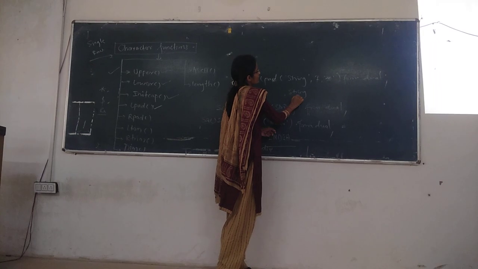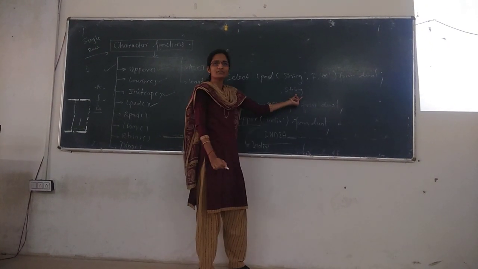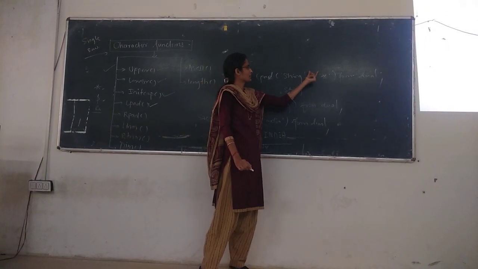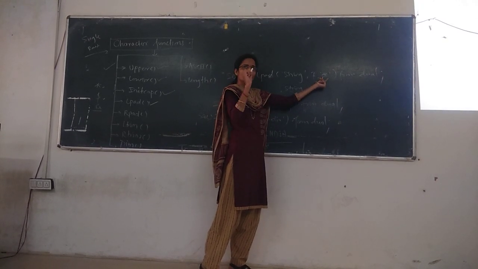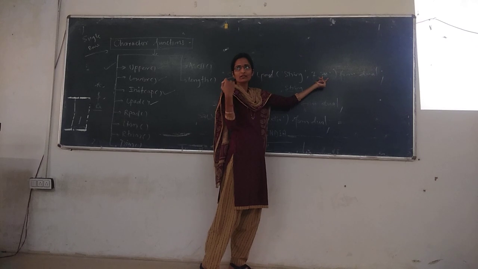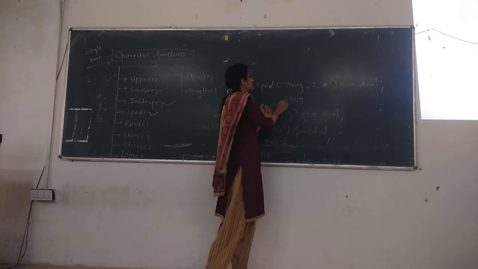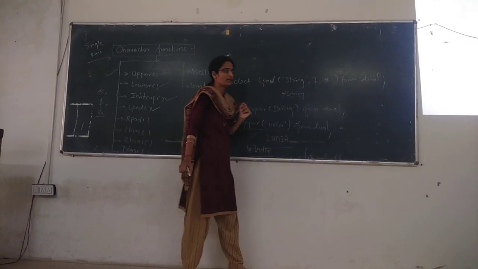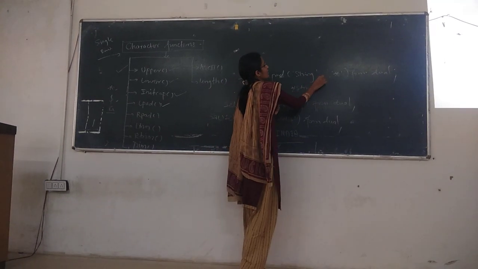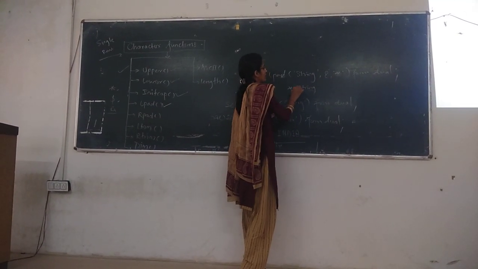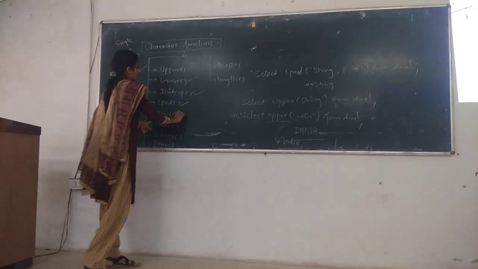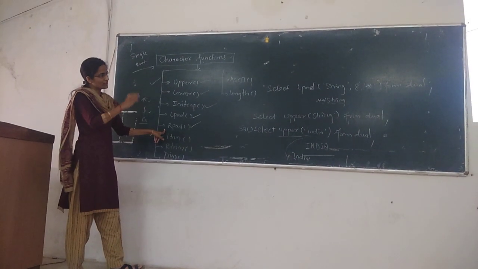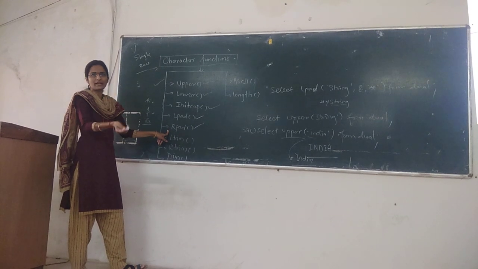How many letters are there in the string? Total 6. And what number have we given here? 7. And the character that you want to add on the left side, that is the star. So it will add only one star. If I am using 8 here, it will add 2 stars on the left side. Next, rpad, the same case, but it will add star on the right side.